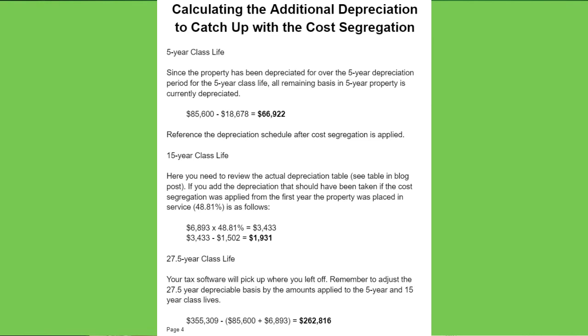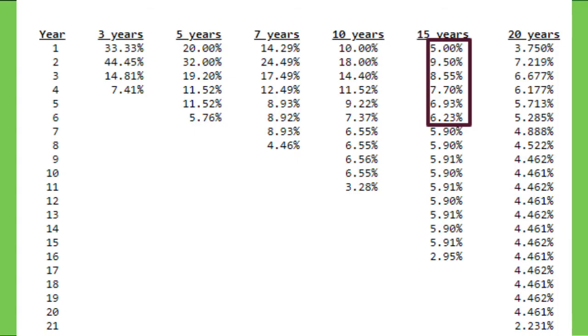It's going to add those together on the tax return, which we'll show last. The 15-year class life is going to take a little bit of additional work. For example, you can't just do what we did with the 5-year and just write all the remaining off. What's going to happen is you're going to be partially through the depreciation schedule of 15 years, but not all